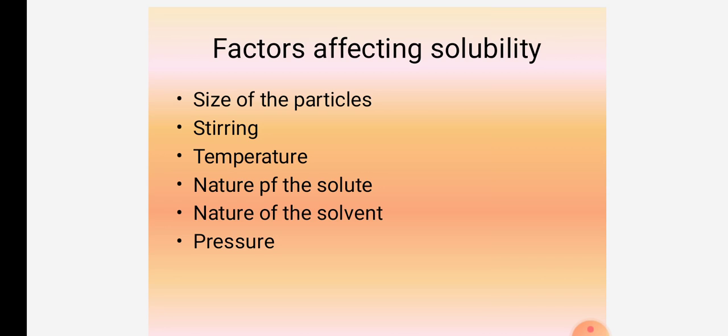Stirring. Suppose we are going to make a juice in a cold condition. What do we do? We stir it so that it dissolves faster. Stirring brings the solvent and solute into more contact. The contact between the solute and the solvent happens when you stir it. What was the first statement I said for the size of the solute particles? I said the surface area will be more exposed when the particle size becomes very small. That is the reason it dissolves faster. In the same way, stirring brings more contact between the solute and the solvent.